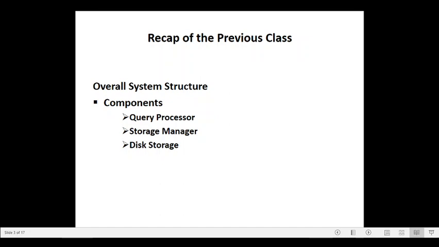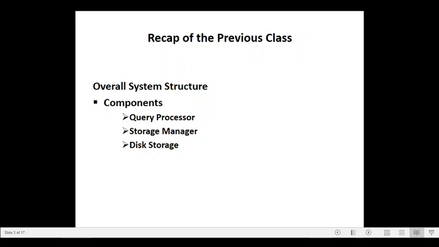When we talked about storage manager, we understood that as the interface between low-level data stored in the database and the application programs and the queries submitted by the system. As well, we understood components of store manager such as authorization of integrity manager, transaction manager, file manager, and buffer manager.